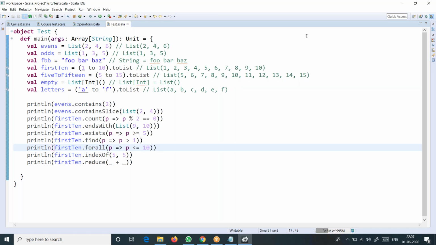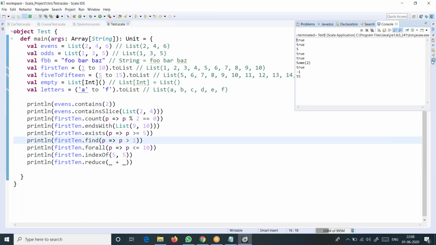I was analyzing the output actually. Yes, the find method returns an option, and something greater than 1 is 2 in this list, first 10, and that value is returned in the form of Some. You know very well that an option returns two kinds of values.